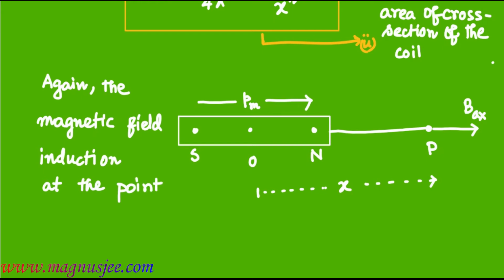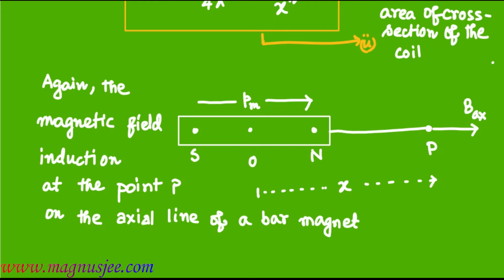The magnetic field induction at the point P on the axial line of a bar magnet or magnetic dipole is